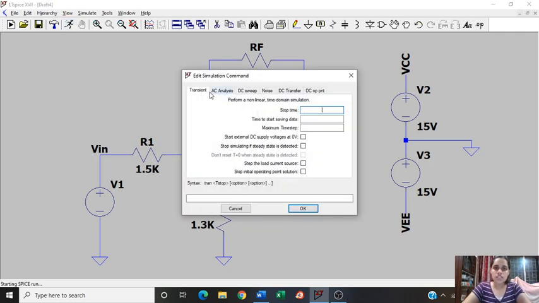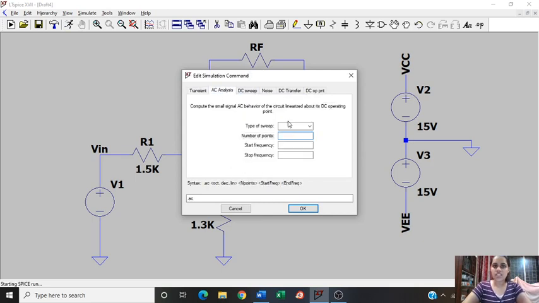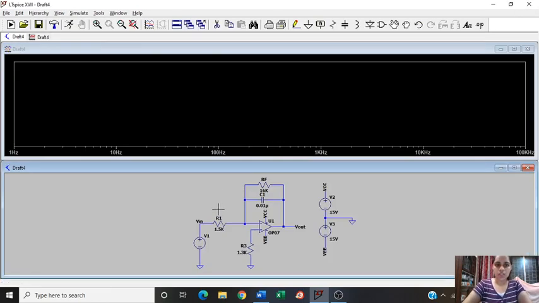Now this is default, it will be on transient. We need to take it to AC analysis. I'm going to do an octave sweep. My start frequency I'll put it as 1 Hertz, and the stop frequency as 100 kilohertz. And let's say I want 100 points per decade. And when I click on output,